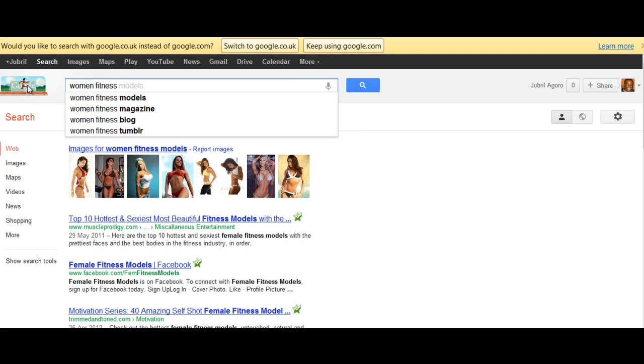Okay, so I'm on Google and I'm typing women fitness, and it shows me models, magazine. The first thing I typed was booty expert, and I didn't process in my mind that we're probably going to come up with something other than fitness, but that's just another story. Actually here, when I was typing that, we got models. I'm going to look here, the 10 hottest, sexiest, beautiful models. Actually, I'm going to leave that alone for now.